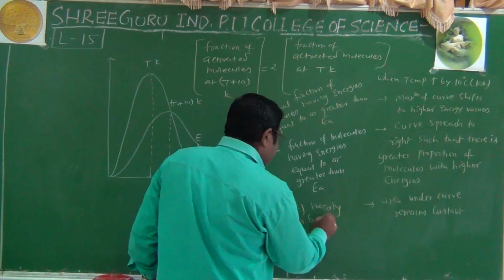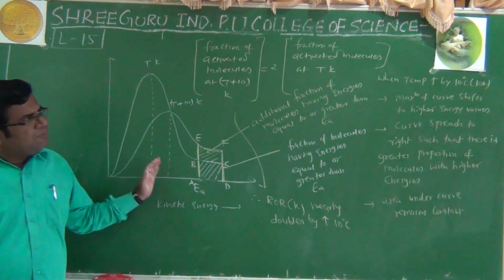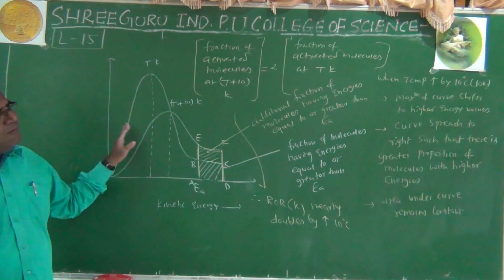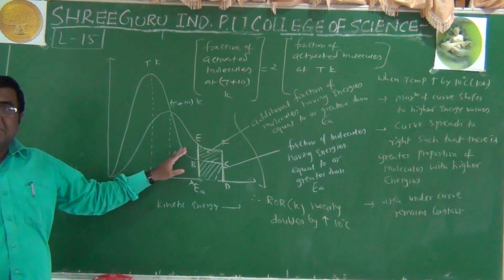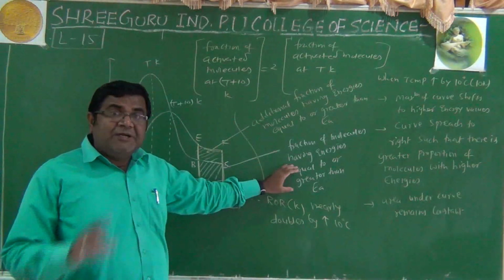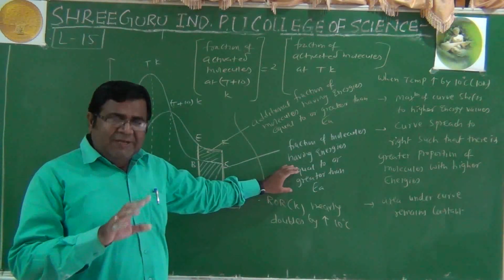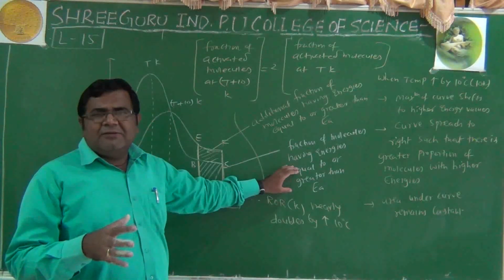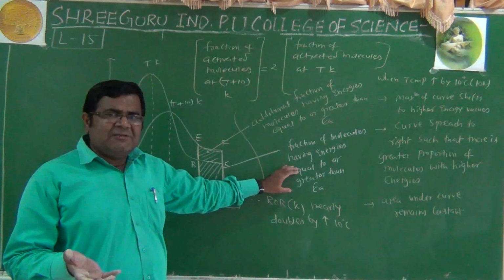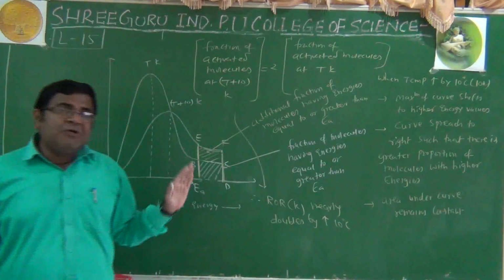Nearly doubles by increasing 10 degree Celsius temperature. So this is how we have to explain this particular graphical representation. Remember the type of words we are using. They are very technical words and we should use them very properly when we write the answer. We can represent this by understanding the concept and practicing it. These are the only two ways to prepare this question. So we have prepared this very important question.